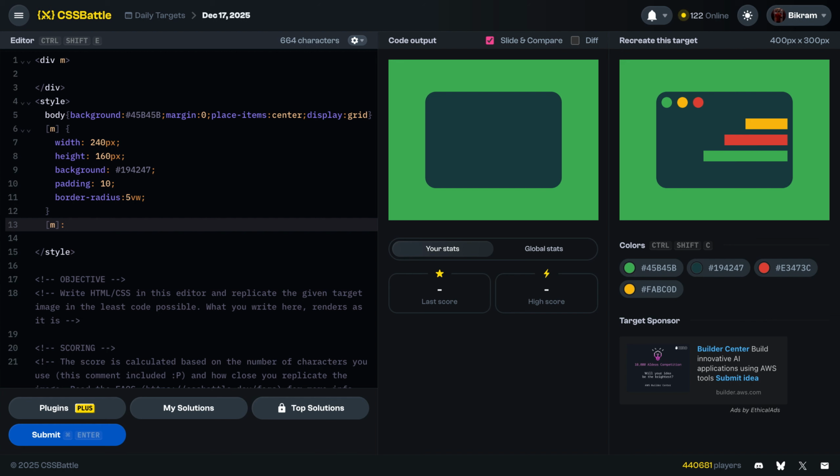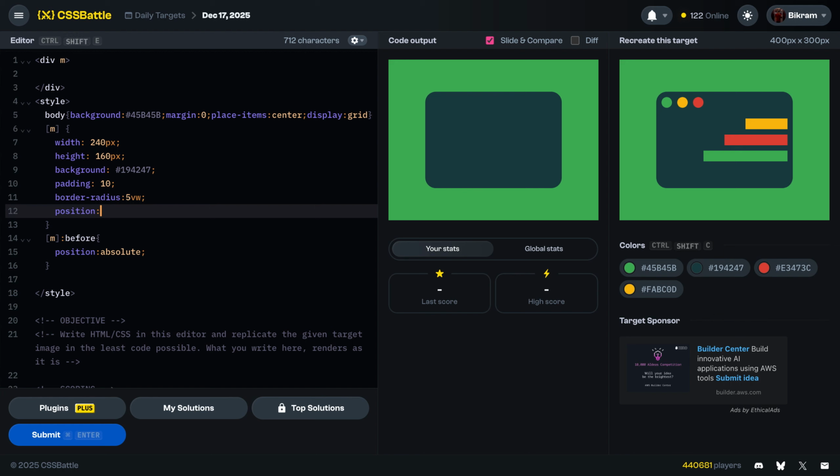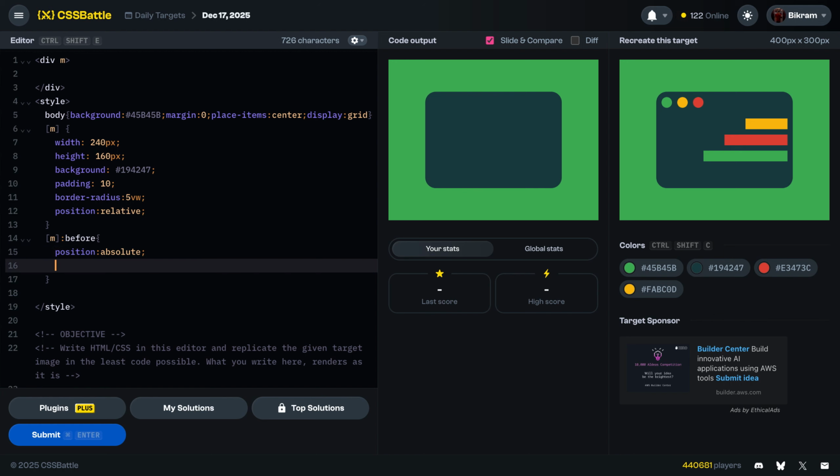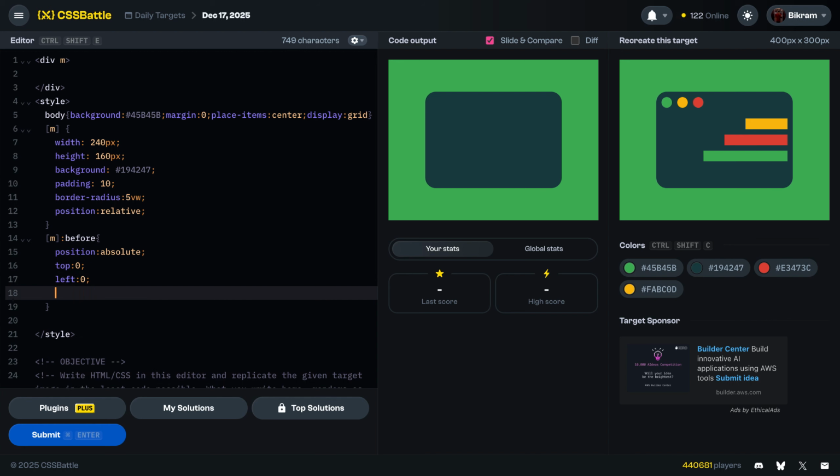Before, position of absolute, and this one is position of relative, and the position of it is top 0 and left 0. Width is going to be